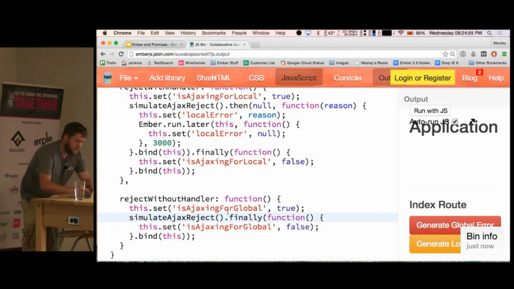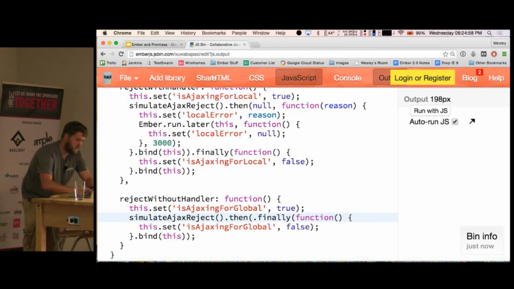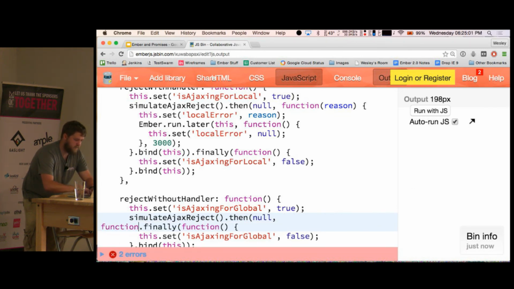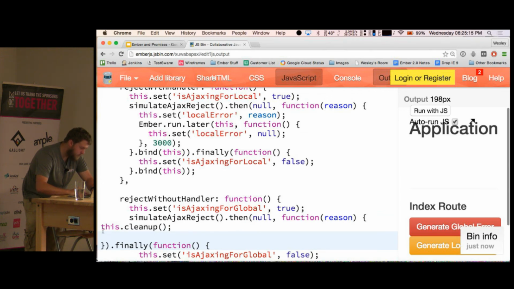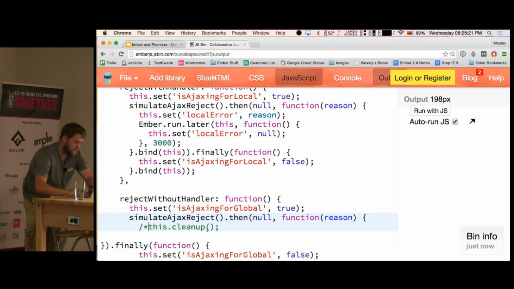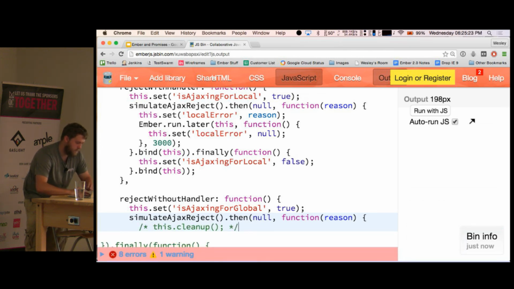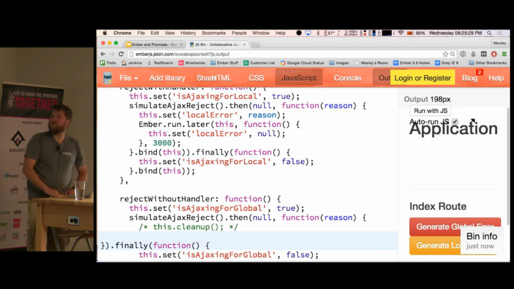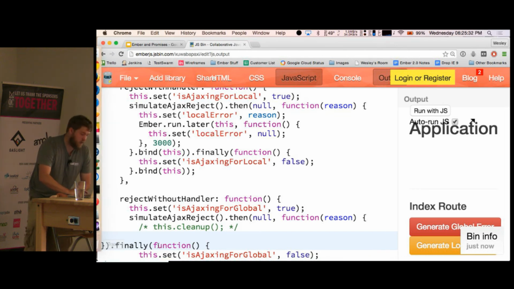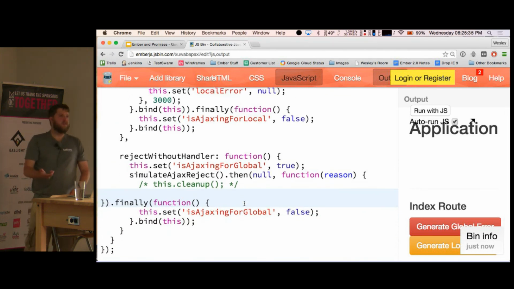So I guess what I was trying to articulate earlier was that if you were to do something like this here, in a function. Anyways, if you were to handle the error here, but not alert the user, it would not bubble up.